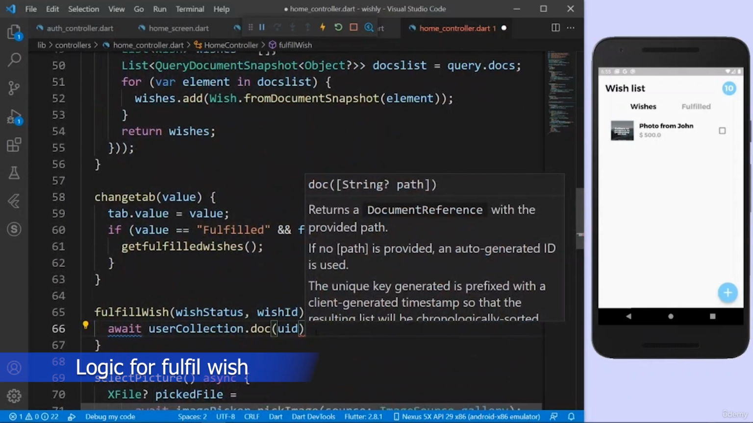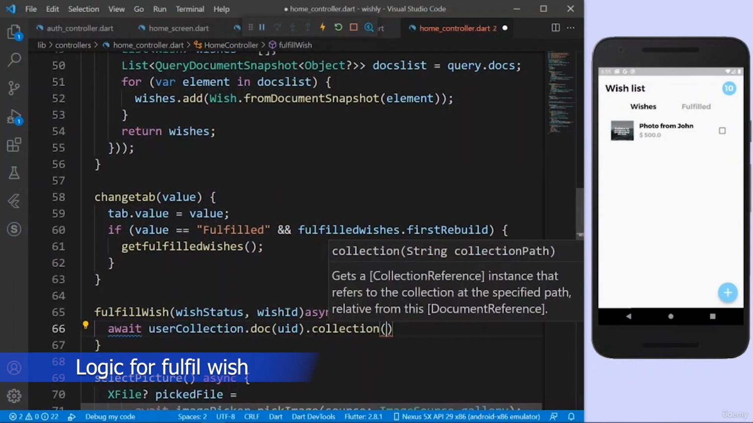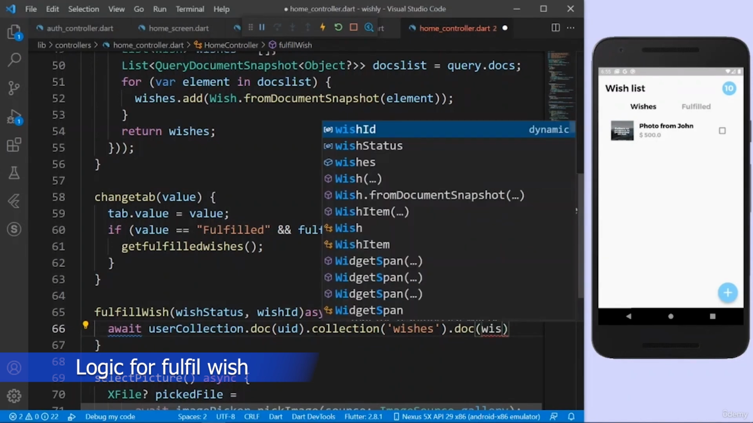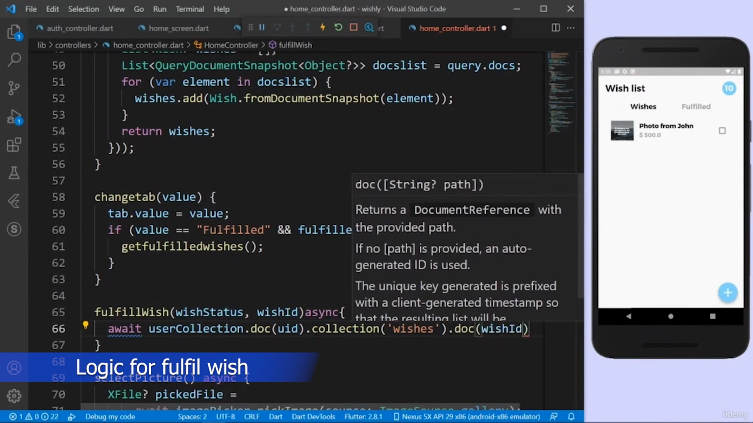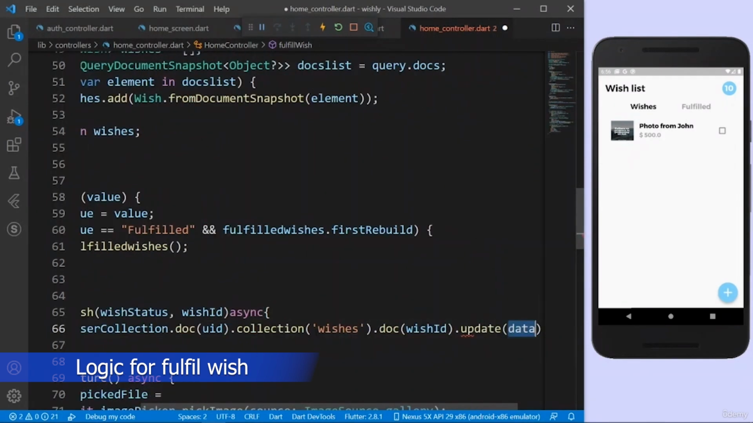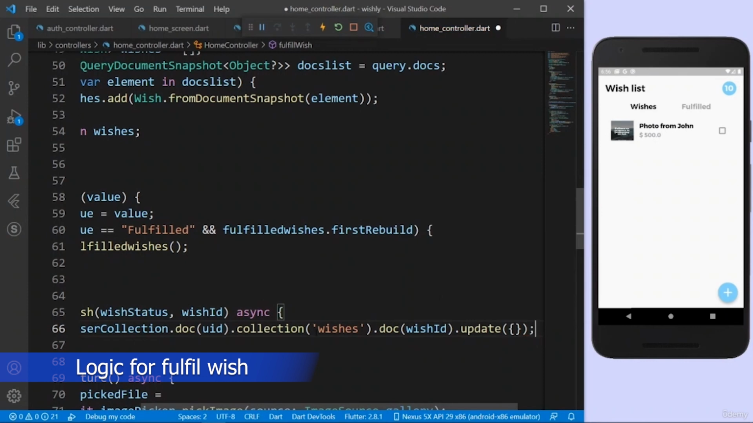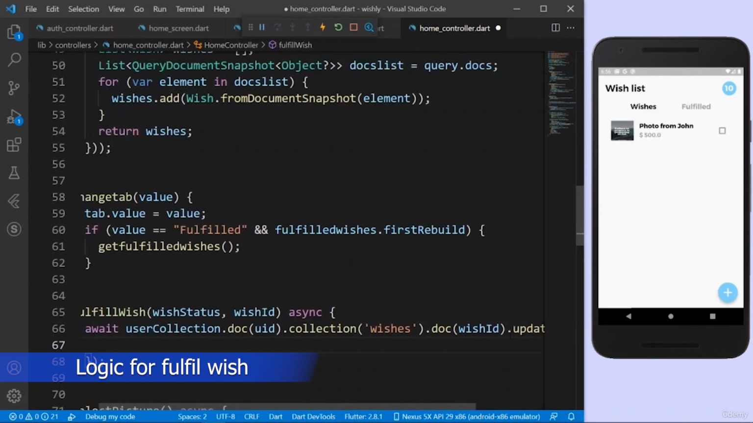Okay, coming back to here, and then go to the collection. So go to the wishes collection, and then, depending on which ID I provided, go to that wish document, and then there update the value. So update the new status which it should get. Here in the map, I can just say fulfilled is just the new wish status which it should get. So if I save everything,